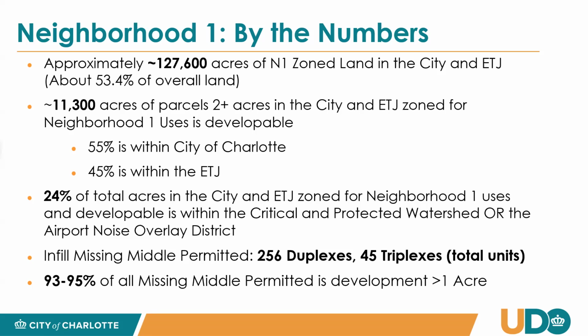What we are seeing, and this is why compact and conservation have both been so important, is about 95% of development with duplexes and triplexes is occurring outside of those infill lots. It's on larger properties where you're getting many duplexes and triplexes versus a single family neighborhood with one. So let's look at how that's coming out of the ground. I'm going to use some older projects, because we are just now starting to see projects come out of the ground.